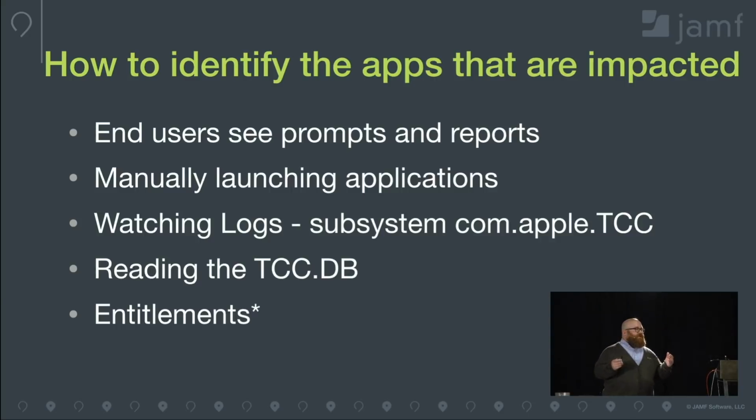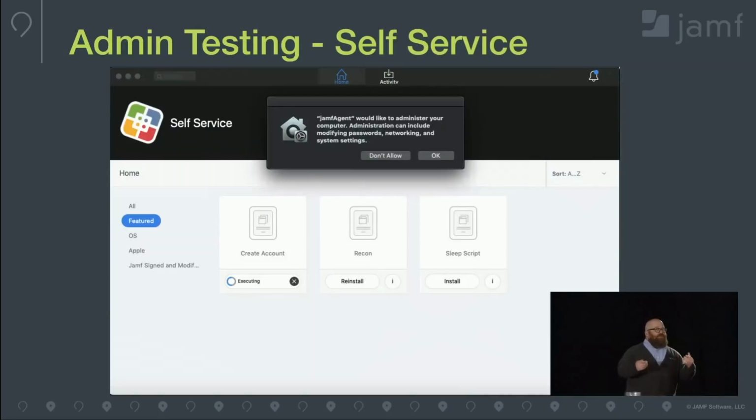So cool, I start testing as an admin. Maybe I launch something in Self Service. What I would actually see, if I'm doing something that is triggering access to one of these protected services, is a prompt. If it's in Self Service, I'm going to see a prompt saying, Jamf Agent wants to access this thing. What you see in this example here is Jamf Agent is asking for access to System Settings due to the